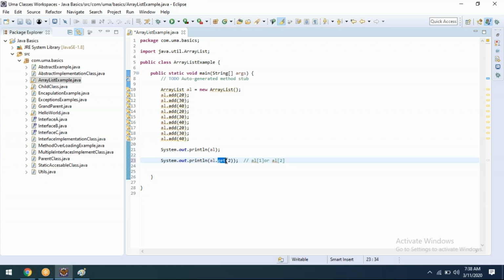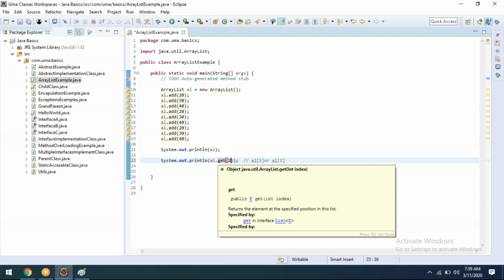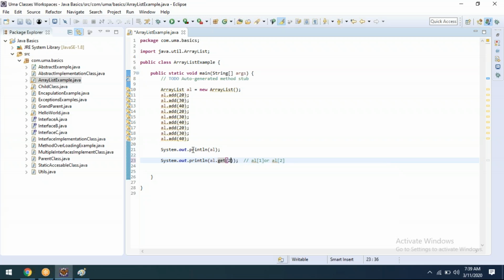There is a method called get, and there we need to pass the index. Whatever index we require, we need to pass it. Hope this is clear. When it is required, if you want to print any specific object, or if you want to print it directly, you can print it like that. Now this is how we need to do.